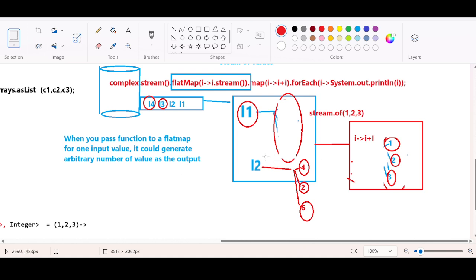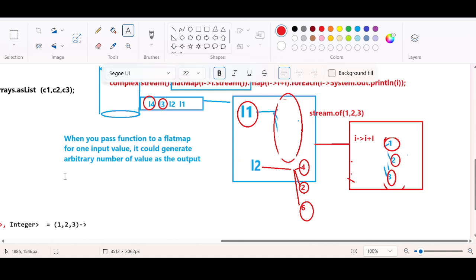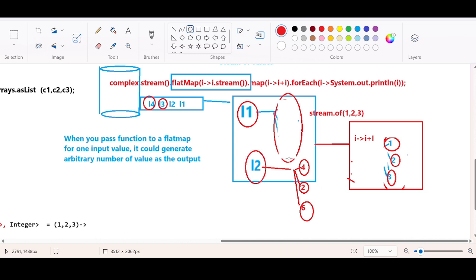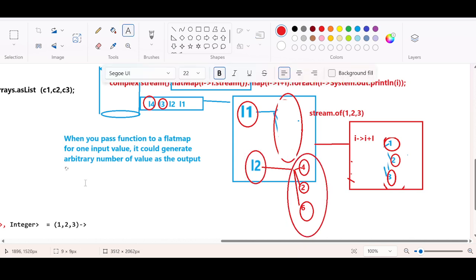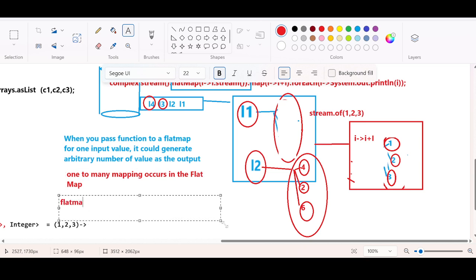So don't you think that it is also performing the mapping as well as flattening? So this concept is called, let me see. When you see the input is 1 and there are many output values, that's why they call it one to many mapping. So flat map is going to produce again the stream of values,